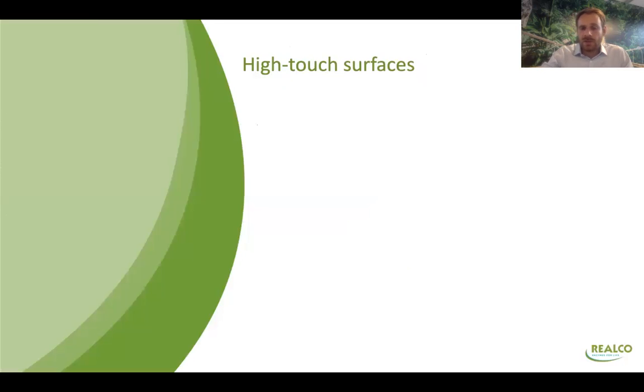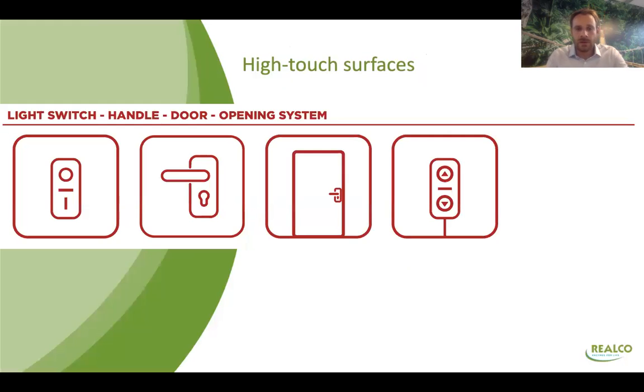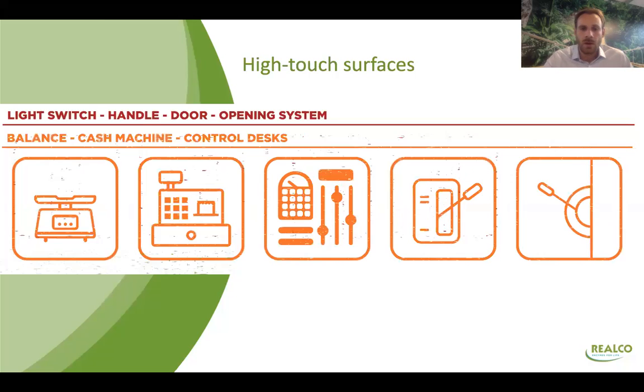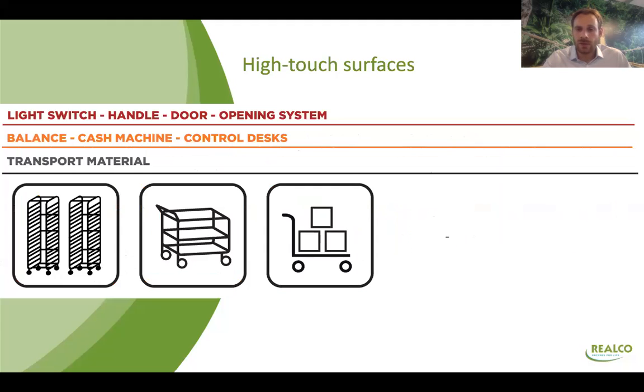The high touch surfaces. As I said, the hands are touching a lot of things. So it's important for the operators to think, okay, I have to clean and sanitize my hands more often, but also to think of the places where you have a lot of contact. It can be the light switch, the handles, or the doors. So it's important to have some of the staff taking care of those places more often than usual. You will also have a lot of small tools that may be used many times during a day,